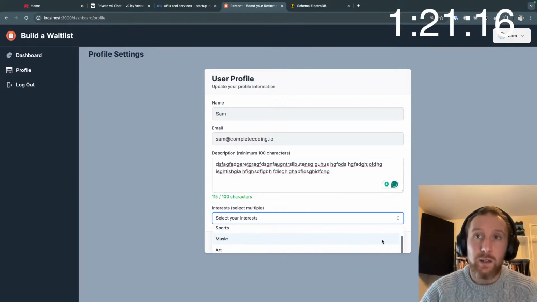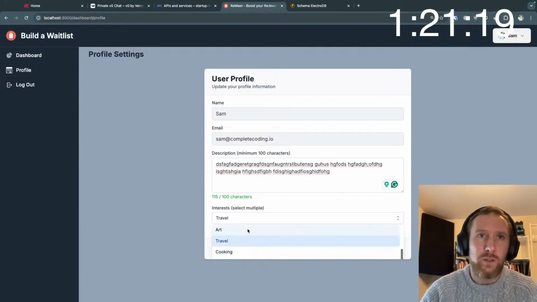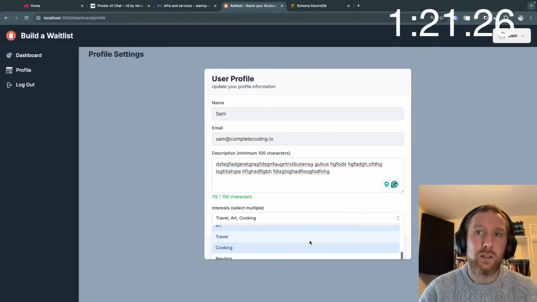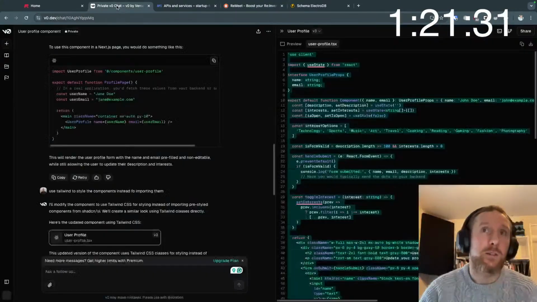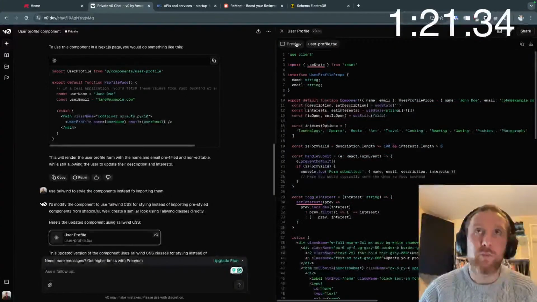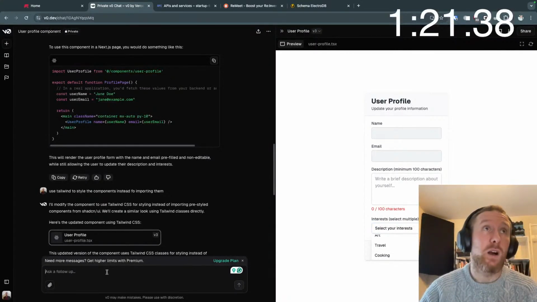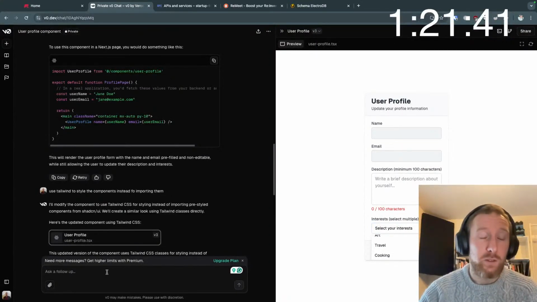So here, that doesn't look very good because it is basically going outside of the, basically the scroll option isn't allowing me to go outside. So if we go back into here and go into the preview, I'm going to basically just use v0 to fix this. When I have a long list of interests,